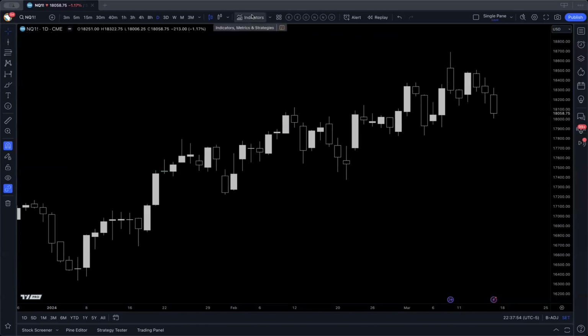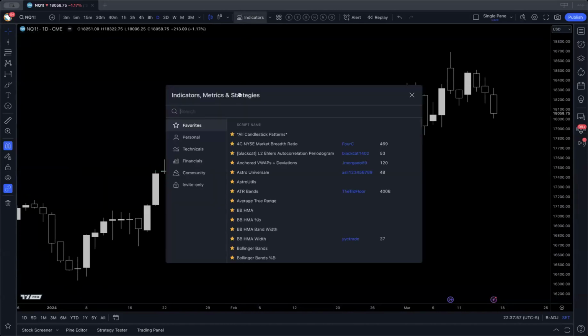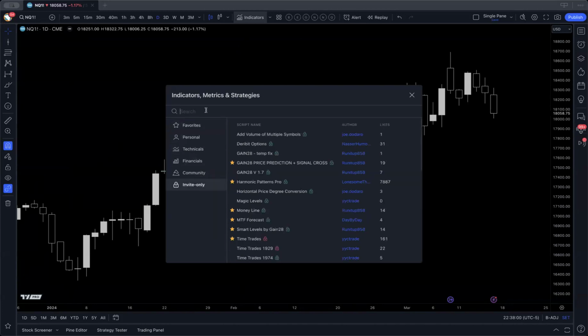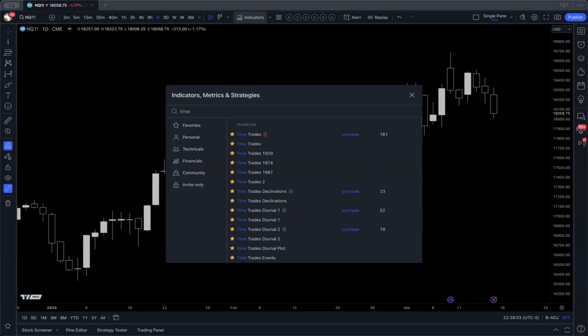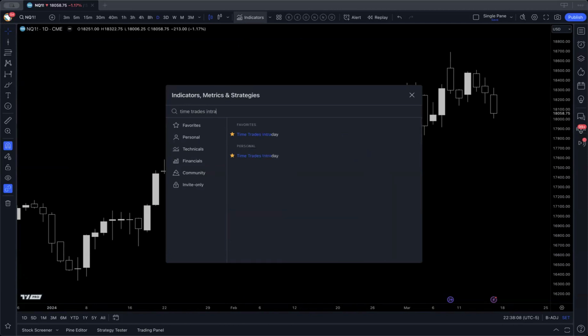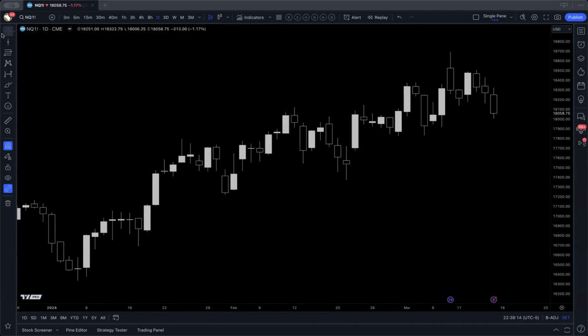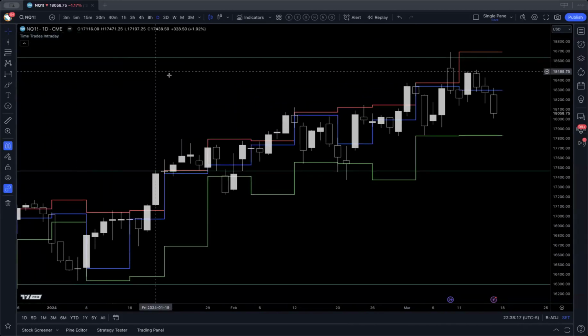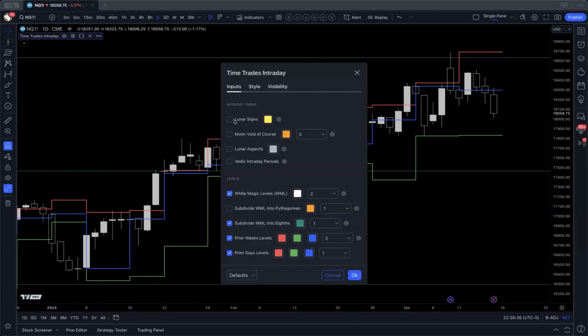There's a second script I also want to cover in here, which is called time trades intraday. All right, so this is also another invite only script. So if we search for time trades intraday, you can see it here. Now, this script, despite its name, will work on a daily time frame. Okay, it has a lot of the similar data points as the regular time trade script has. It has white magic levels. You can subdivide it into eights. It'll show prior weeks, prior days. I do that as a convenience,